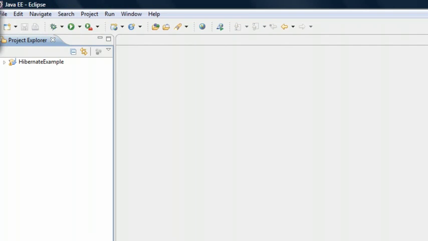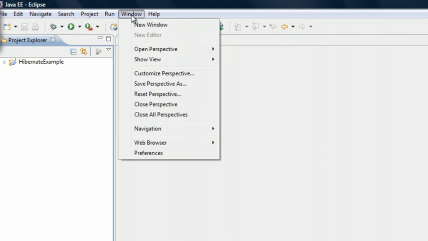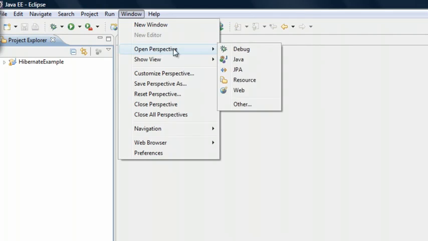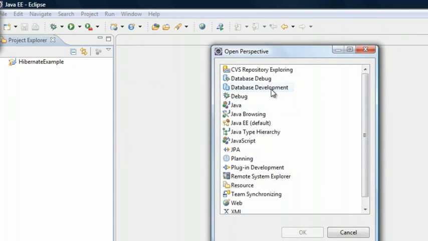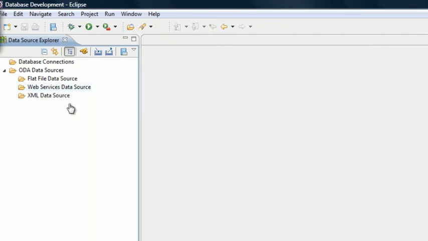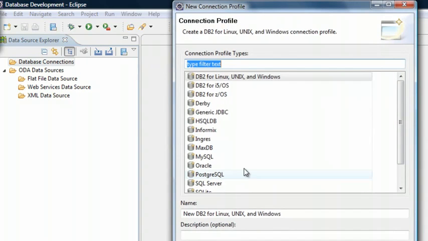Go back to Java EE Eclipse, and over here click on Windows, click on Open Perspective, and click on Other, and in this select Database Development and click OK. Now once you click on OK, you will get a screen like this, and over here in database connection, right click on the database connection, click New,